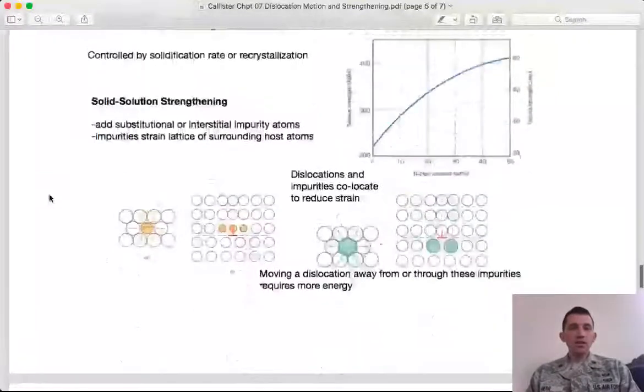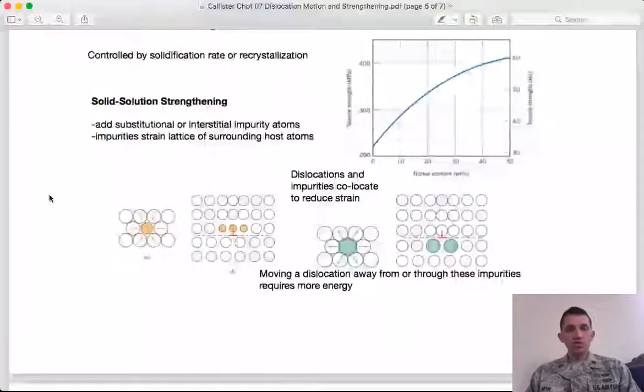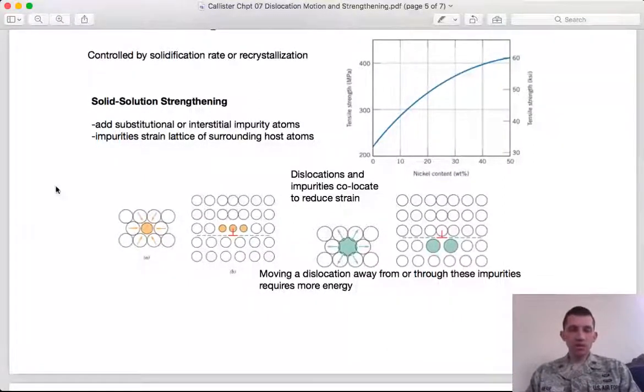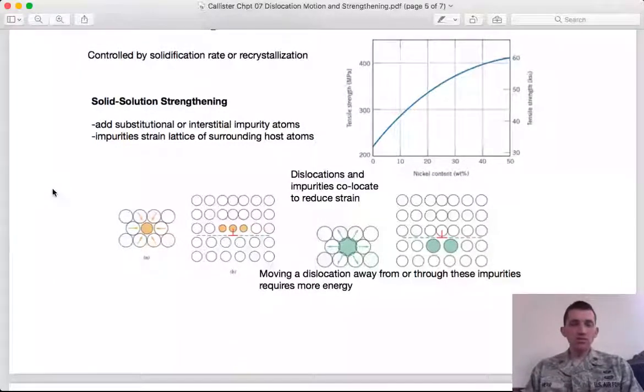Secondly, you can impede dislocation motion by adding substitutional or interstitial impurities, right? We talked about this in the crystalline perfection lecture as well, and this mechanism is referred to as solid solution strengthening. Solid solution meaning I'm forming a solid solution by adding these interstitial or substitutional impurity atoms. And these impede dislocation motion because if I'm adding in another kind of atom, it's not going to be the perfect size to fit right into that